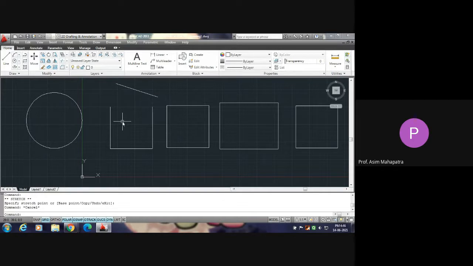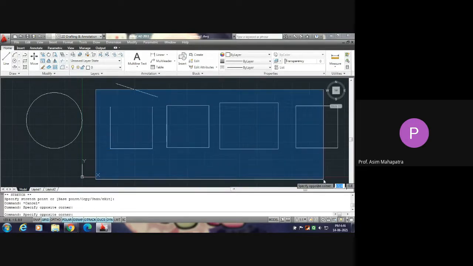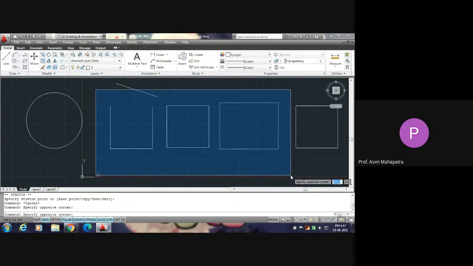There is another selection method called window selection. I am showing you how the window selection is executed. In the standby mode of the cursor, you click somewhere at the left top corner and then move the cursor and click at the point of that rectangle at the lower right corner.